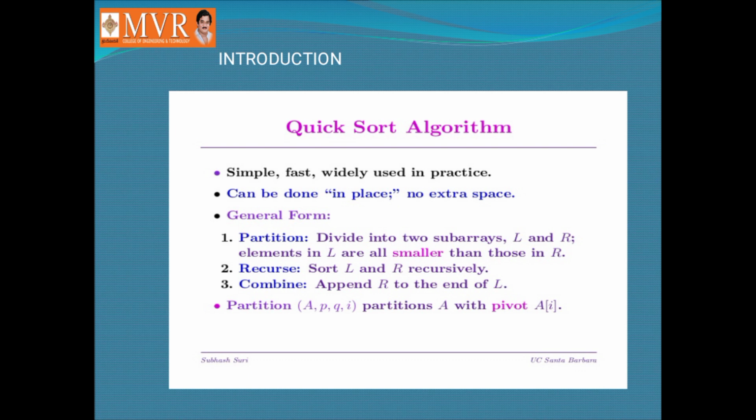As I have mentioned earlier, sortings are of two types. One is internal sorting, other one is the external sorting. Internal sort does not require any extra space during the sorting time, and external sortings require additional space for sorting the elements during execution. As mentioned here, this quicksort is an internal sorting technique since it does not require any extra space.